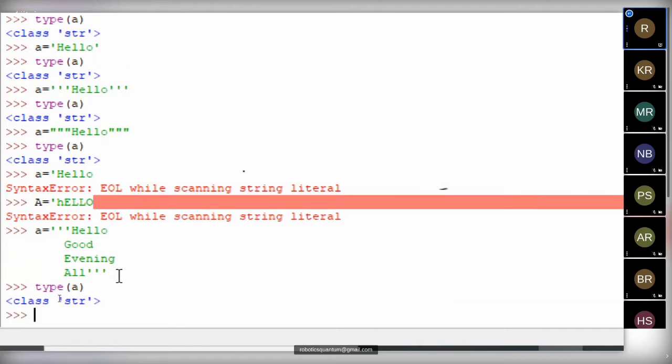Triple single quotes or triple double quotes can be used not only to represent a string, but also for documentation strings, which will be discussed in the functions concepts of Python. There we use triple single quotes or triple double quotes to write a documentation string inside the functions, which describes the function.